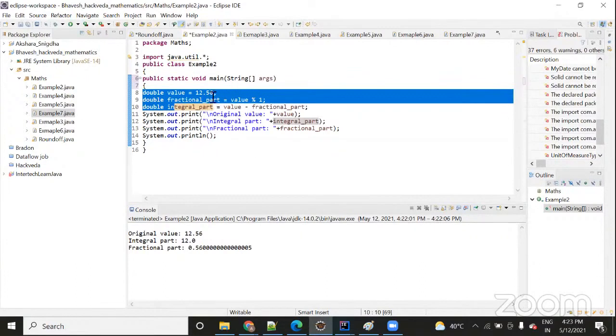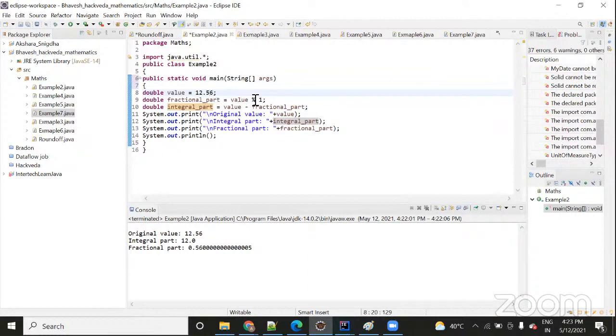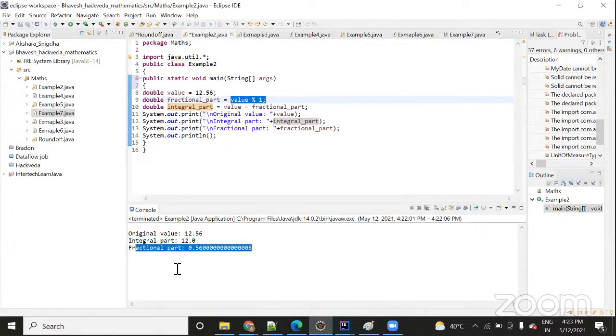Here they have done a simple thing: they found the percentage of this value, subtracted it from the value, and it gives you the integral part, and the fractional part comes like this. You can see why so many zeros are coming, you know, right? Because it is a double type, and a float value is accepted only up to 6 or 8 digits after the decimal.